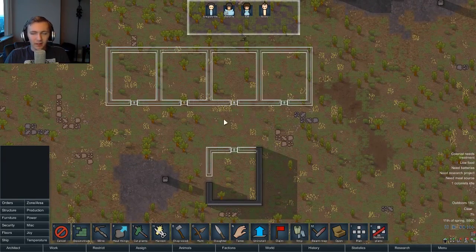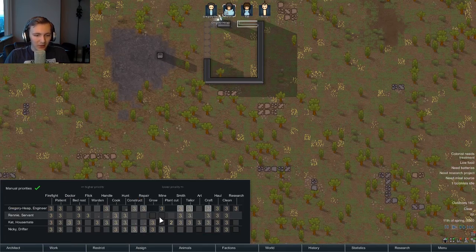And I figure I'd leave some space in between here so we can put some stuff for joy down, put pathways, and then put, you know, the horseshoes and the chess tables and whatnot. I did learn a little bit about how to work with